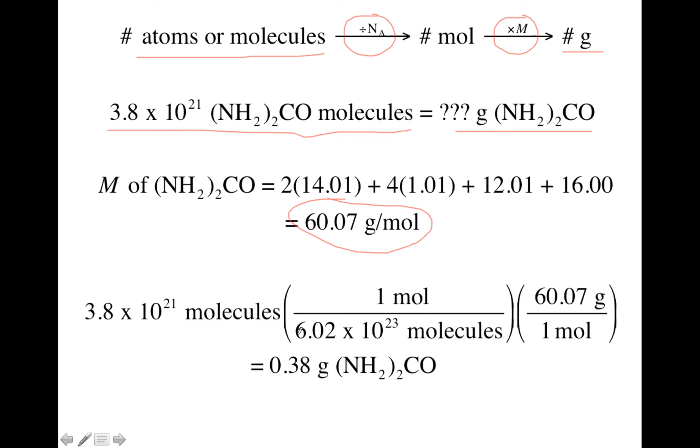So first step of the conversion is to go from molecules to moles, divide by Avogadro's number, but show it as a conversion factor, 1 mole over Avogadro's number of molecules, because you want the molecules to cancel out. Once we have moles and we want grams, we multiply by the molar mass, again shown as a conversion factor with the molar mass on top in grams and 1 mole on the bottom, so that moles cancel, and therefore you will end up with your